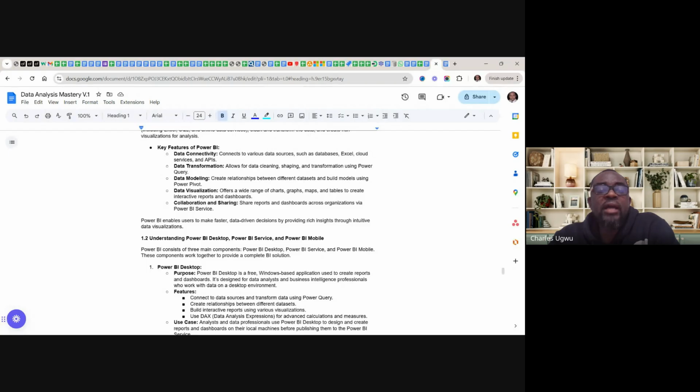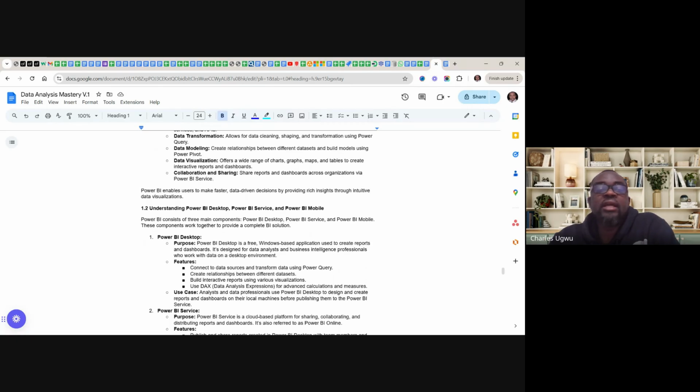So Power BI enables users to make faster data-driven decisions by providing rich insights through intuitive data visualization. So we have 3 components of Power BI. Power BI is structured in 3 versions.